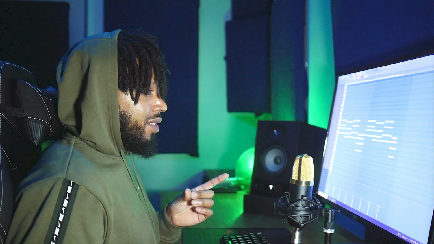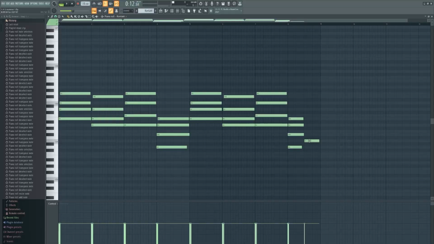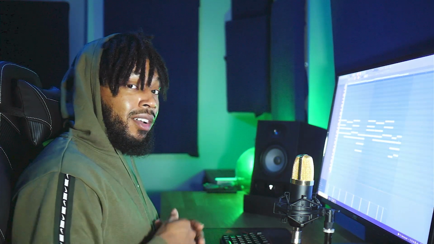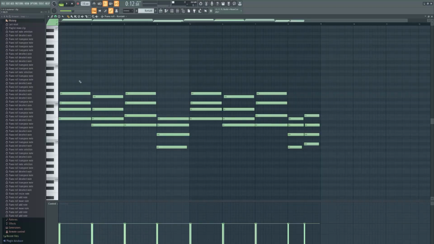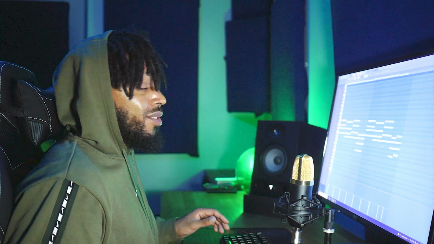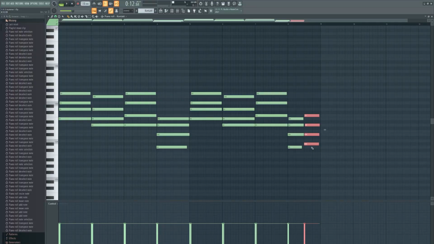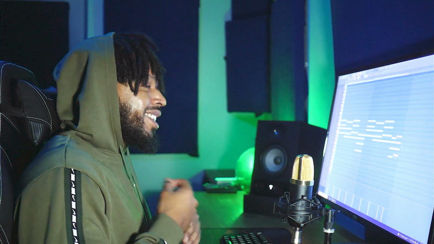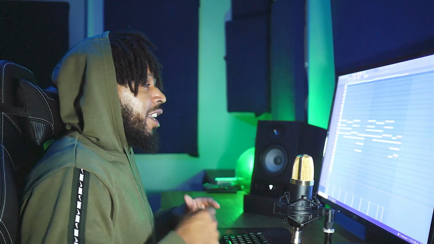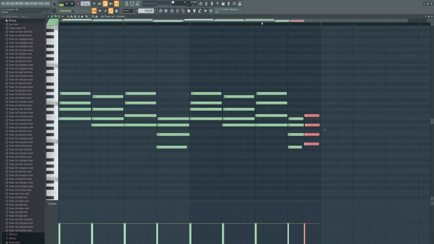But if you want to make this phrase a little bit more interesting, which we're going to do, we can just start playing this little diminished 7 chord right here. Because one thing y'all need to know, if you start a phrase with a minor chord, say an E minor 7 chord, and you want to make your transition back into that more logical or a little more interesting, you can just take a diminished chord that is 1/2 step lower. And that always works because a diminished chord is basically a stack of thirds, and it sounds really dissonant if you play it out of context, but you use it like this and it sounds like